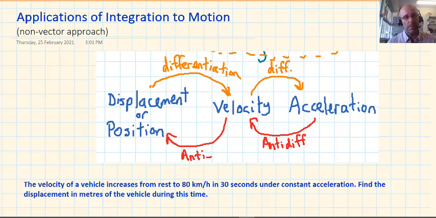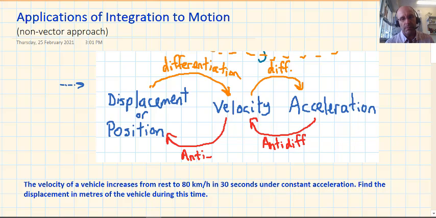Applications of integration to motion, and we're going to look at a non-vector approach. So this is for subjects that aren't doing vectors. It will, however, use calculus. Now, from earlier work, which you've hopefully done, and indeed this is a little snipping from one of my previous